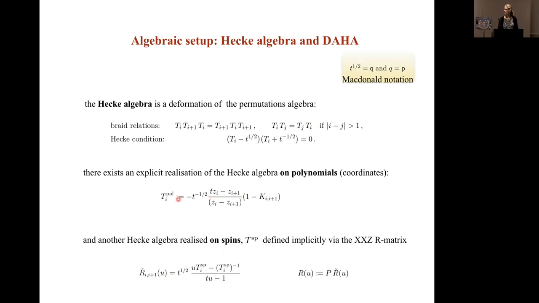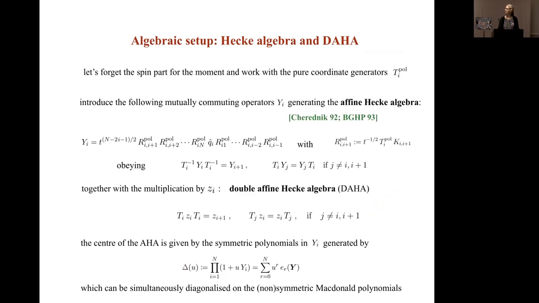There is also another explicit realization of the Hecke algebra on polynomials of the variables z, which includes this usual permutation of z's. And these are the objects which are used to build this Macdonald-Ruijsenaars spin